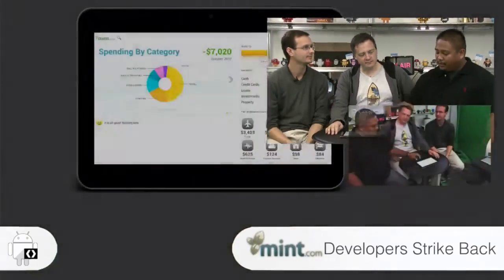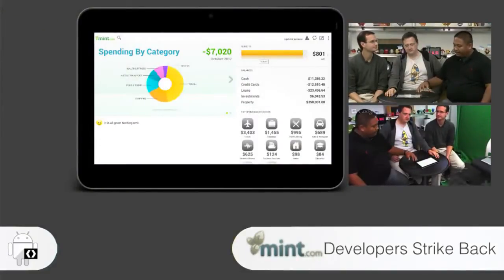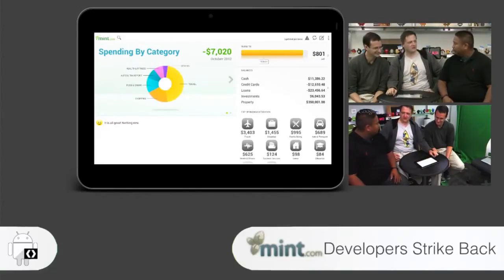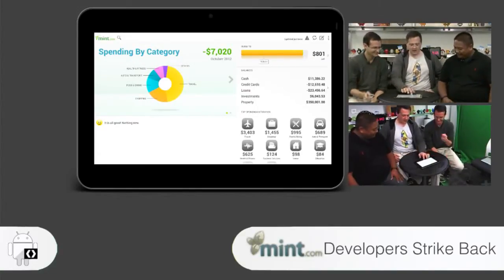So on the overview screen here that we've got, basically we've tried to make it a very rich experience. We have a nice little graphic in the upper left-hand corner. Dan, can you bring that up, actually? Yeah, hold on a second. Sure, just so that you can quickly see where your finances are in terms of what you're spending. We've got nice little bar graphs on the right, and then nice little icons that represent spending there. By the way, I hope you don't mind that I totally stole this UI for my custom views and controls class. I don't know if you saw that. No, I didn't actually see that, but that's cool. We like to hear that.